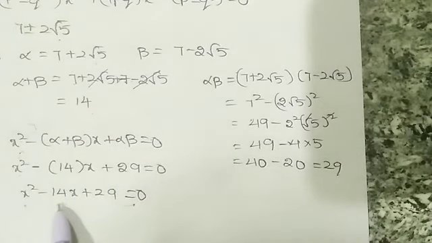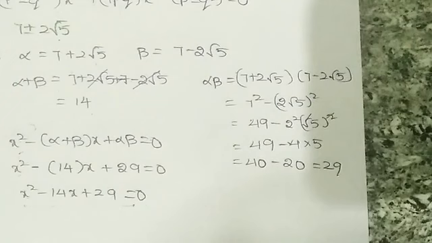The first one, 2x square minus 8x plus 3 is equal to 0. So we know, first of all we have to find the discriminant, that is b square minus 4ac. So b square minus 4ac is 40, which is greater than 0. It is a positive number. So we know if it is greater than 0, if it is not a perfect square, here 40 is not a perfect square. So the roots are distinct and real.